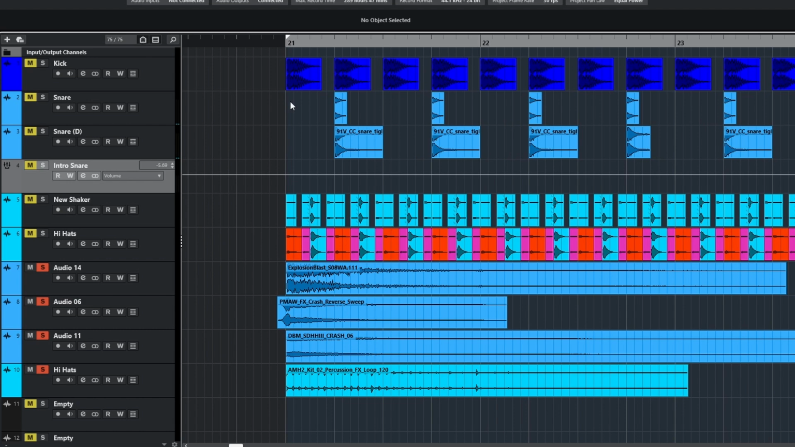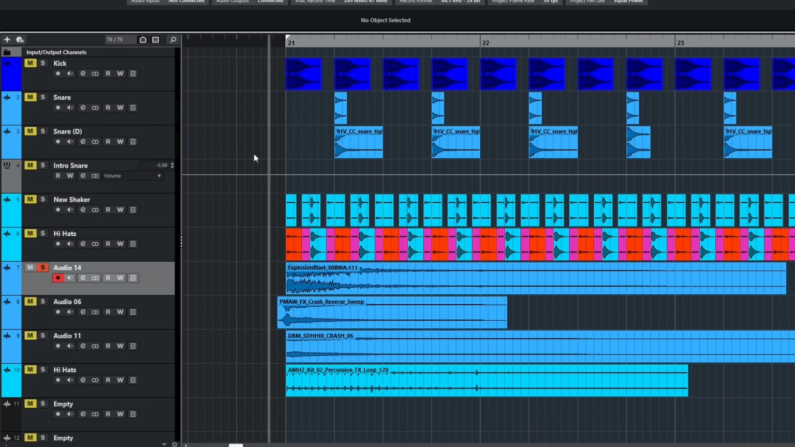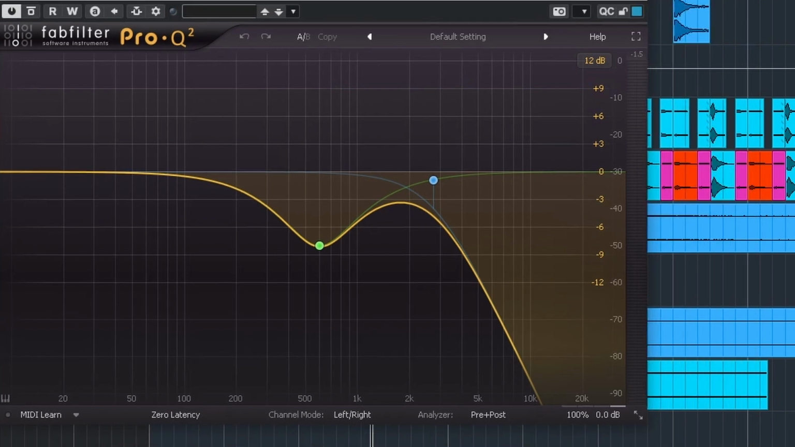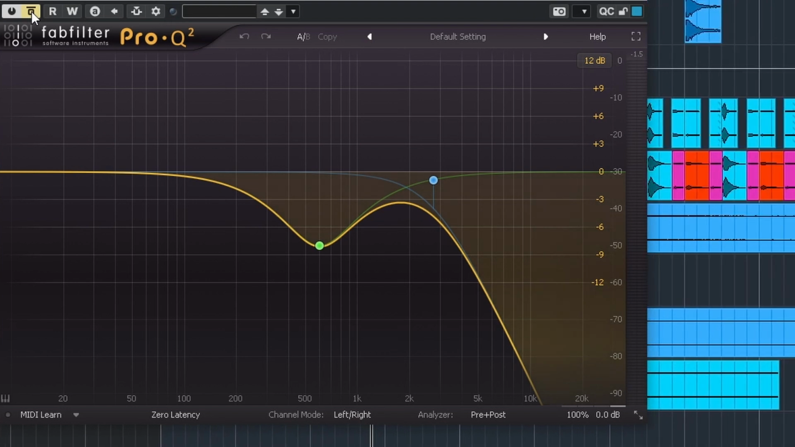In the intro as well, as it comes in, we've got these crash sounds. So these are made up of an explosion sound. We've just got some EQ there rolling off a lot of the high end and getting rid of the harshness of it. Without the EQ it sounds like... And with the EQ,